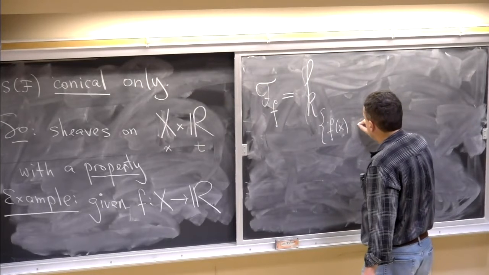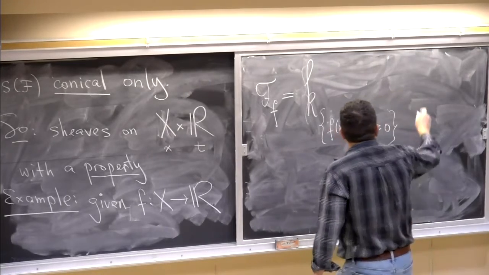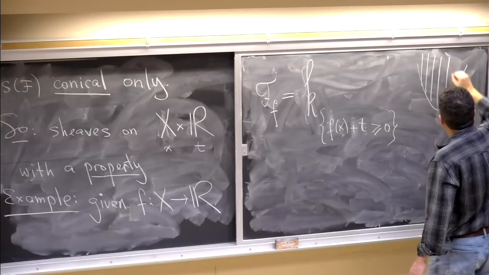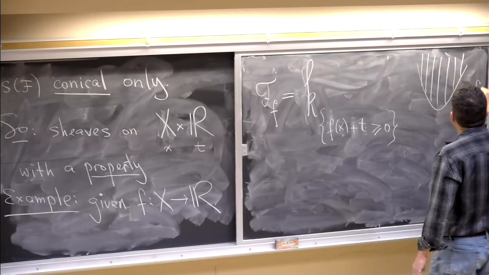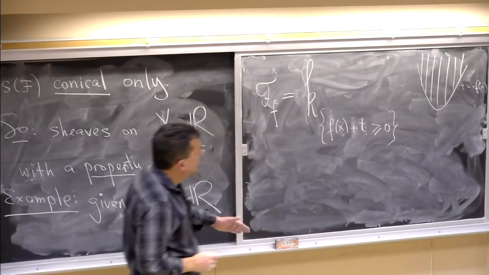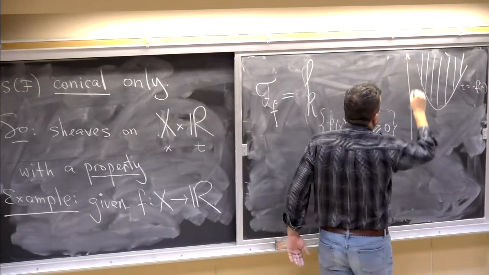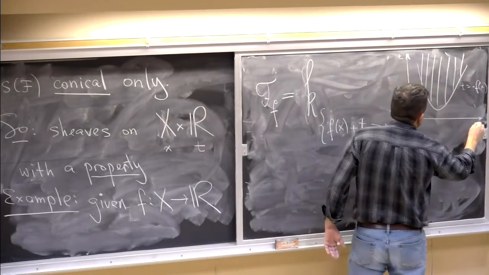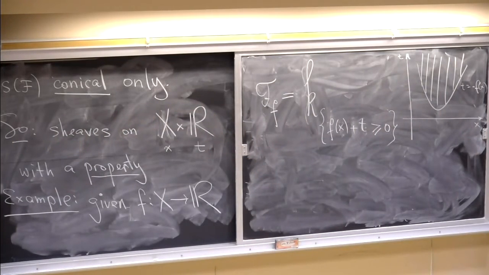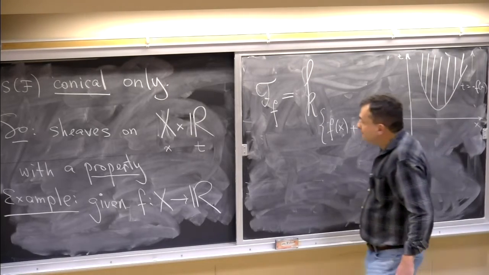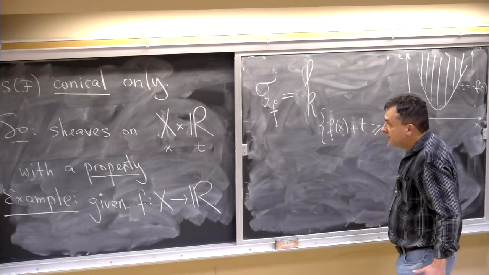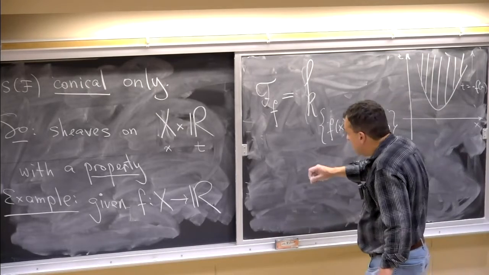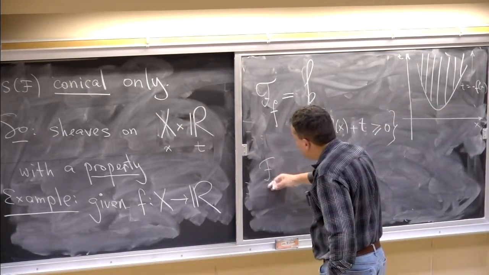So if this is my t, and this is my x, then a typical one will be, this is the closed subset on which I am allowed to consider my sheaf. So again, I guess the key word is that it's forward-looking with respect to t. So maybe, well, let me try to finish. So I am basically, yeah, so we can take a typical